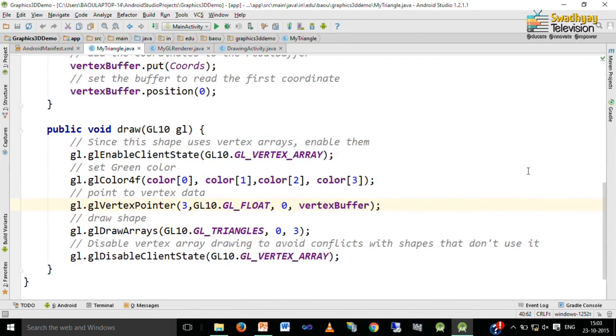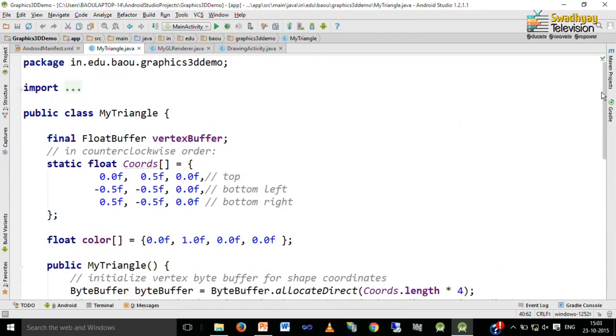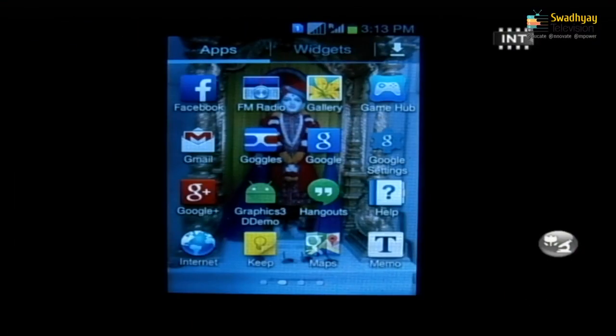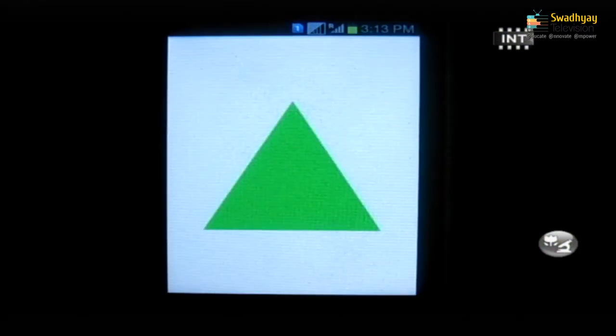Now, we want to run this program inside our phone, so we click the run main activity button. Here I am pressing the run button for running my application on a real phone. On screen you can see my Graphics 3D demo application is installed, and when I click on this icon, it displays a triangle in the center of the screen.